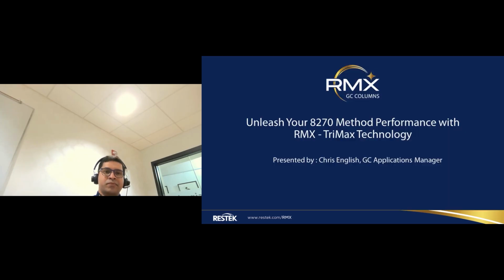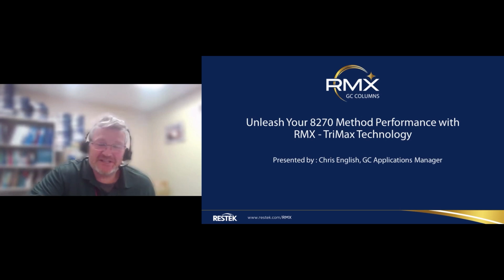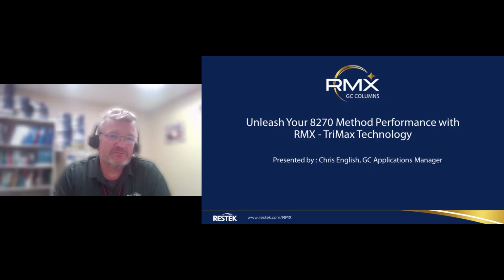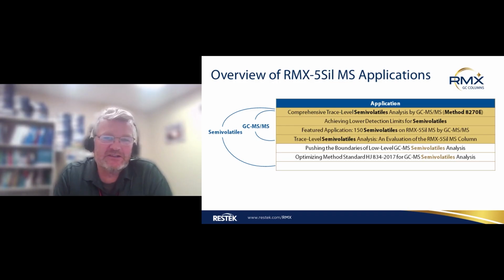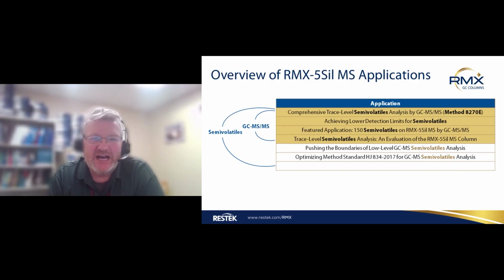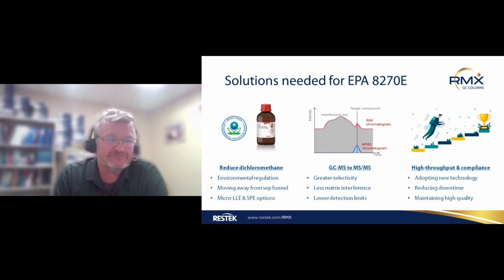All right. Thanks, Ram. So in this particular part of our presentation, we're going to talk about 8270 method performance, semi-volatiles, low-level performance. We're going to evaluate single MS versus MSMS and do a comparison. So here are the different applications that we'll take a look at. There are the GCMSMS applications, and then there are two MS applications at the bottom that we'll discuss. All of these will highlight the advantages of using this column over a standard column format.